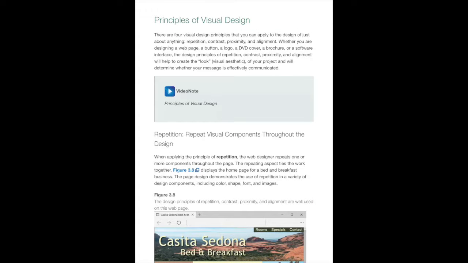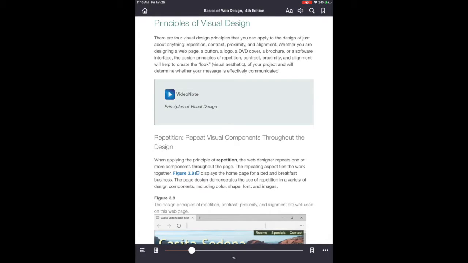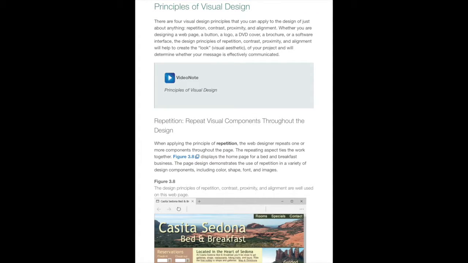Continuing on with our Chapter 3 super session here, we've got the principles of visual design. So this is on page 74 for those of you following along. One thing to always remember about website design is that most of the design nomenclature, so the actual rules that